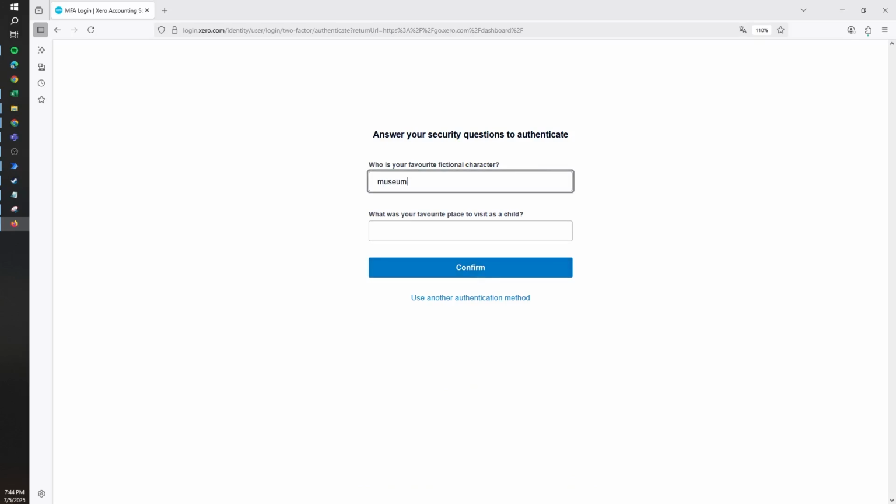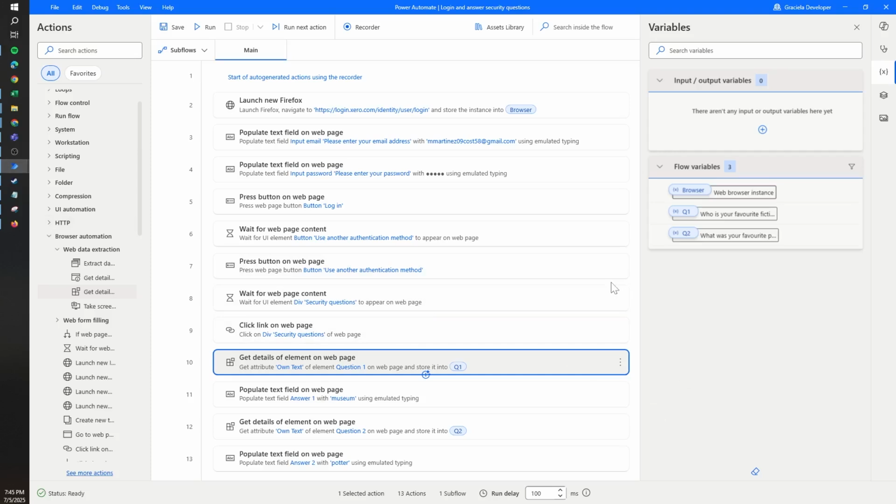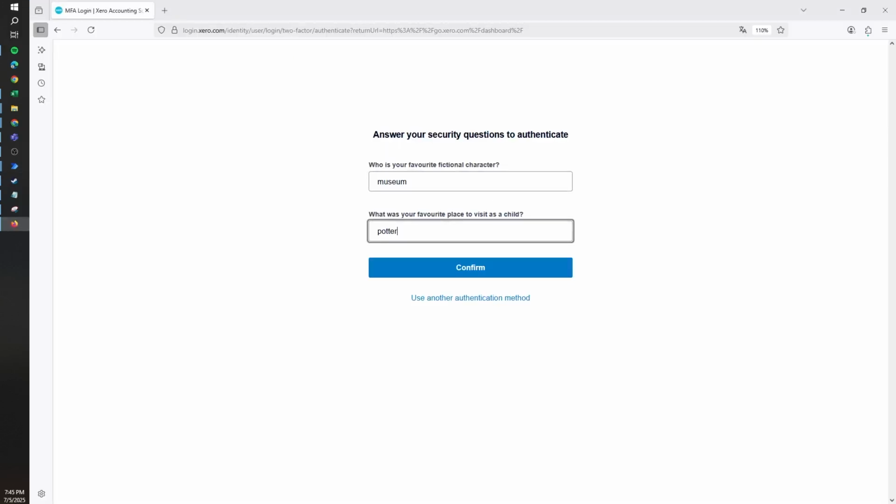Okay, so we see that it wrote in the first text input, which it didn't do in the previous one. Now, most likely, it's getting the second question and it's writing what we indicated. So if we go to our flow, there are no errors. There's just error in what the Power Automate work wrote in the text fields because, of course, we still haven't